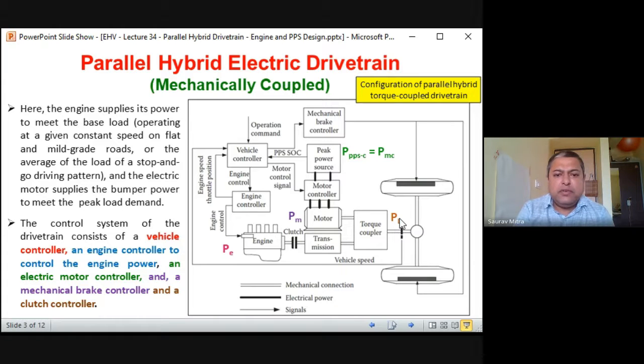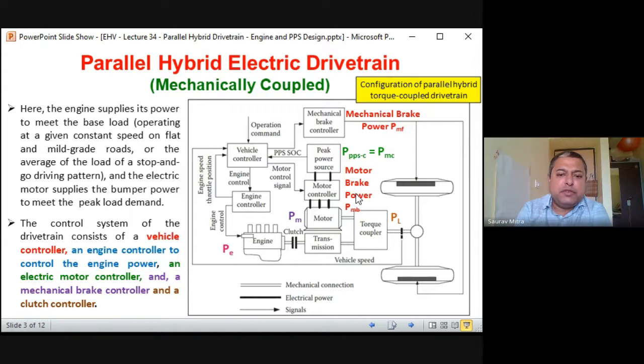Now this is the overall configuration. There are many control signals, there are many feedback signals. We have explained all these things yesterday in detail. Previously also they were explained. Now there are two brake forces. One is the mechanical brake, which is there at the top, given by PMF.